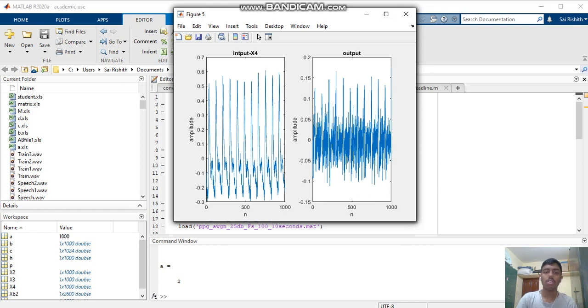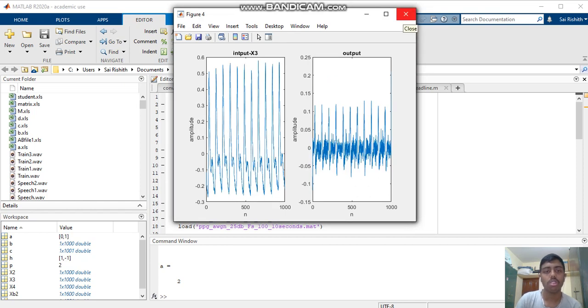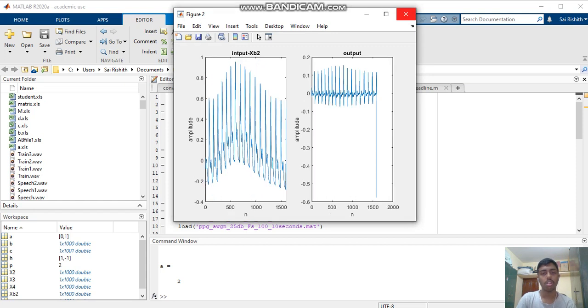See here, this is for the fourth signal, this is for the third signal, this is for the second signal, this is for the first signal. And we can observe here that only the high frequency values were coming as output and the low frequency values were attenuated. So this third system acts as a high pass filter, and the first and second, as I mentioned before, both are only allowing the low frequency values. So both the first and second systems are known as low pass filters.